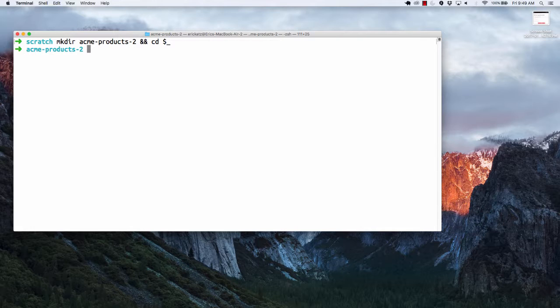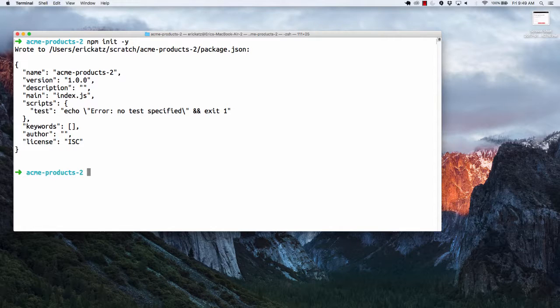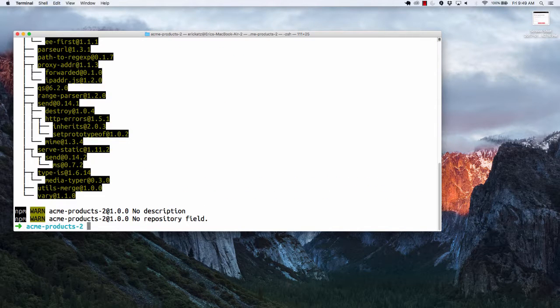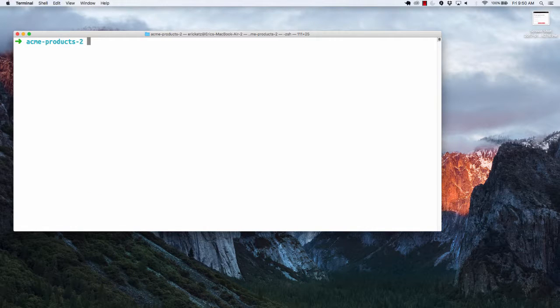Now, the one thing that I know that I need to have is Express. So the first thing I'm going to do is say npm init with a y, just so I have the basic settings here. And I'm going to specify npm install express, and I'm going to save. So now I have Express. I've actually got Nodemon installed globally. And again, if you ever want to see where something is installed, you could say which nodemon,